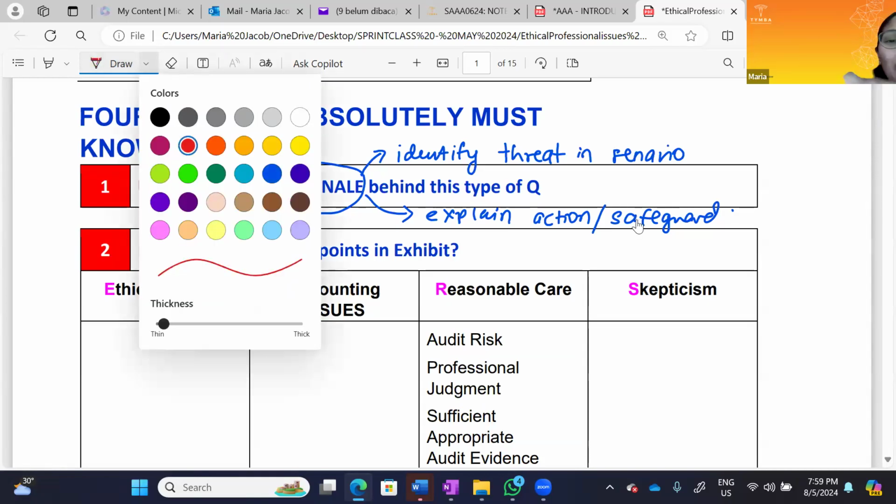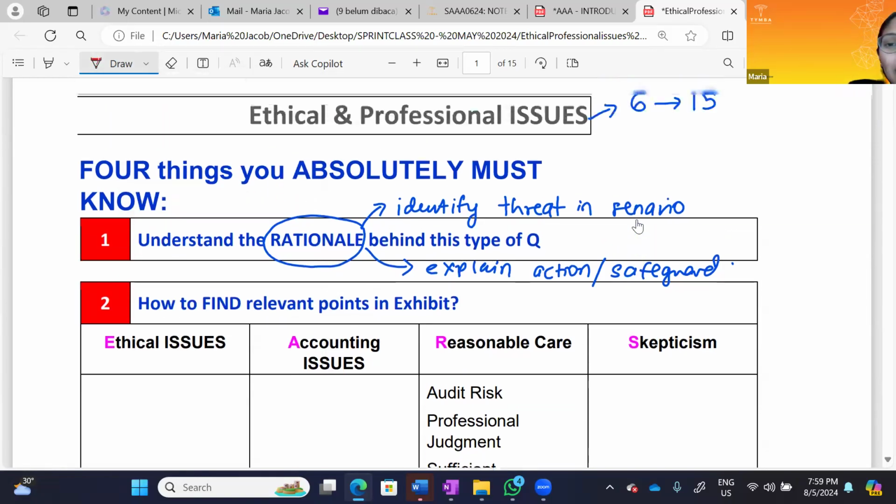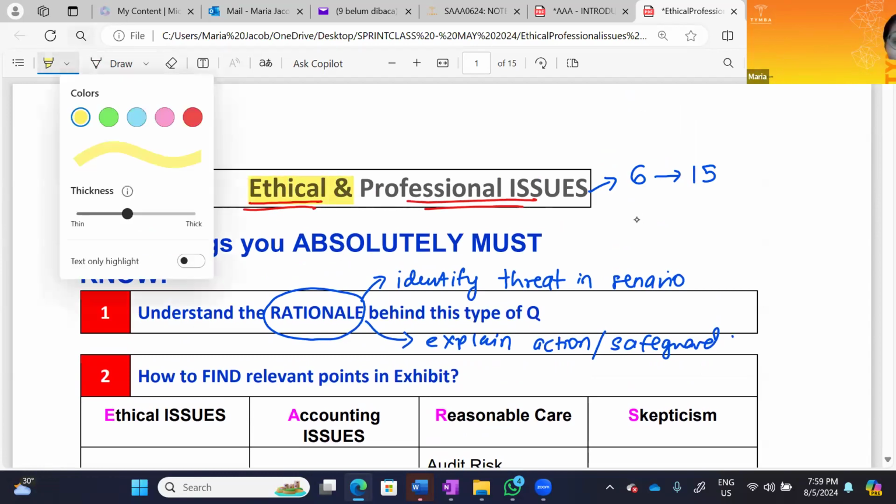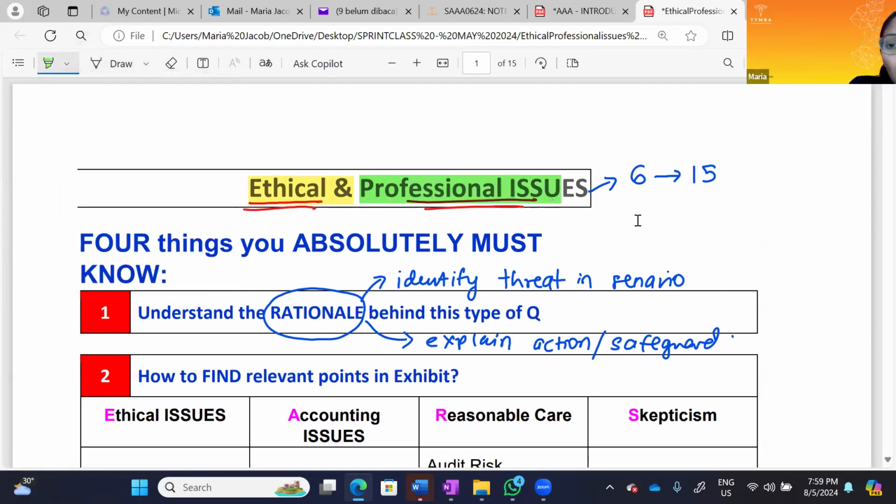They will not tell you in the sentence that it is an ethical issue. They will always use this wording: discuss the ethical and professional issues. I want you to highlight these separately. Ethics maybe in one color and professional issue in a different color. So if they are asking you on ethics, this is going to be a question